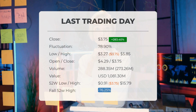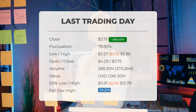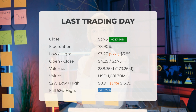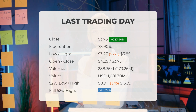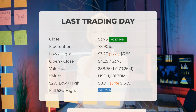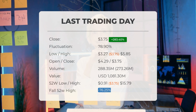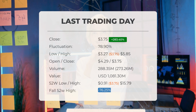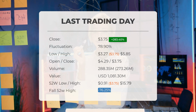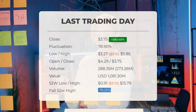Our latest daily update for Tenon Medical includes the headline, "A volatile ride for Tenon Medical Incorporated stock price on Tuesday, moving between $3.27 and $5.85." The Tenon Medical Incorporated stock price gained 283.40% on the last trading day, which was Tuesday, the 25th of March, 2025, rising from 98 cents to $3.75. During the last trading day, the stock fluctuated 78.90%, from a day low of $3.27 to a day high of $5.85. The price has fallen in 6 of the last 10 days, but is still up by 148.34% over the